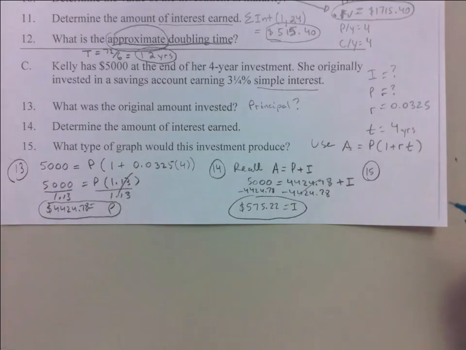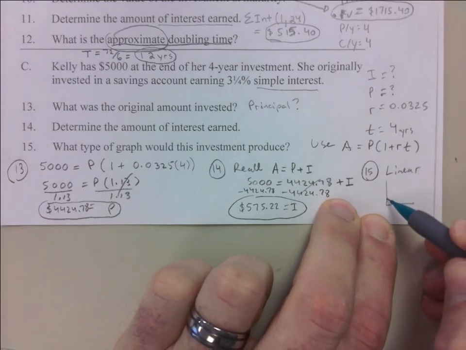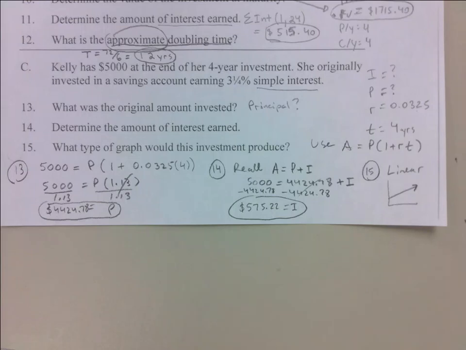And if you answer this one right, you get a free snack on your way out. What type of graph would this investment produce? Linear, right? Linear. Okay. Unless you're at home watching this, then you don't get a snack. But you can still give me